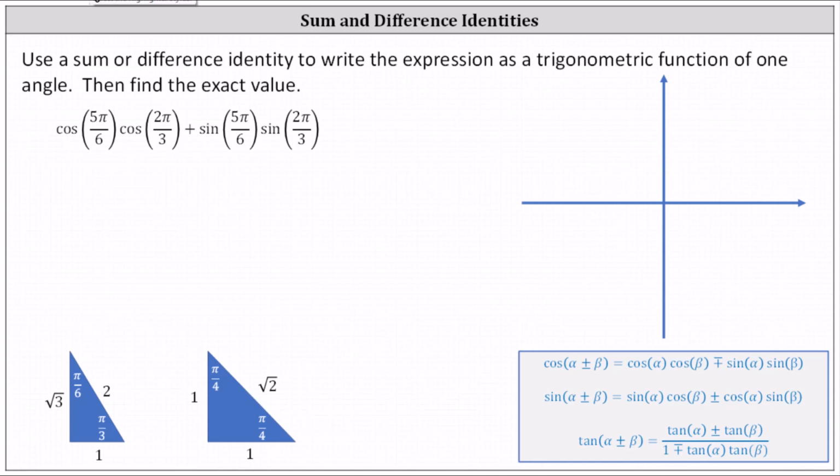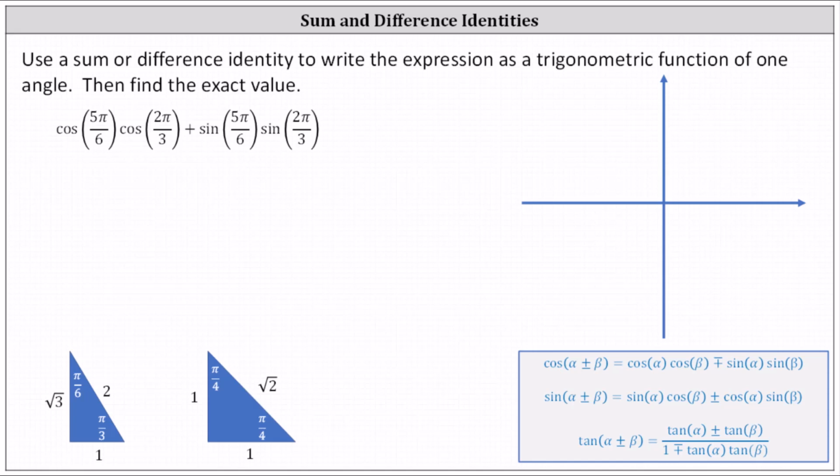Use a sum or difference identity to write the expression as a trigonometric function of one angle, then find the exact value. We have cosine of 5 pi divided by 6 times cosine of 2 pi divided by 3 plus sine of 5 pi divided by 6 times sine of 2 pi divided by 3. Looking at the sum and difference identities below,